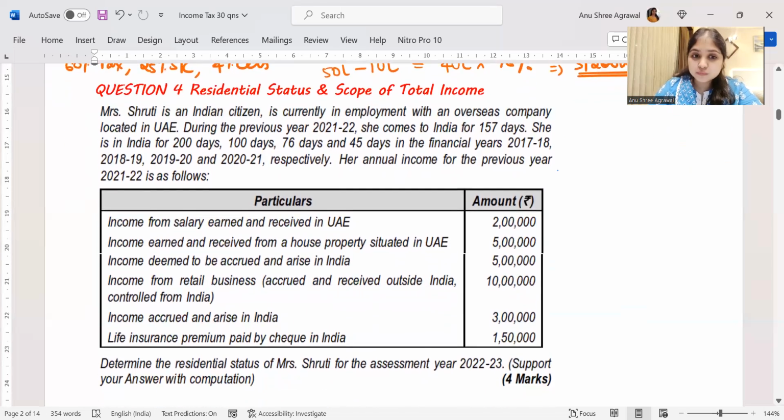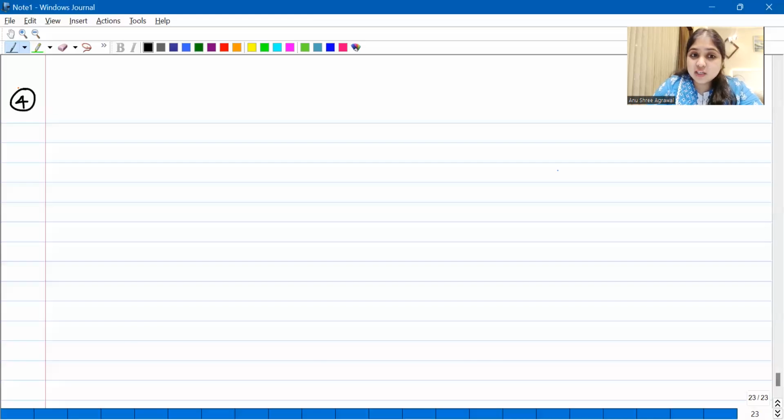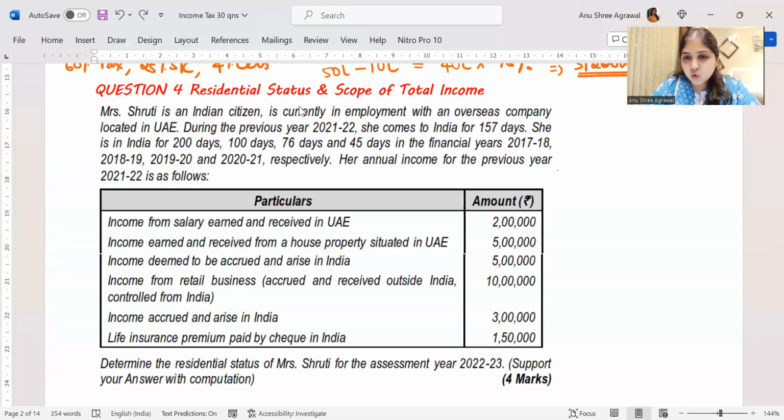Now coming to question number 4. Question number 4 is going to be a very important question for you. Through question number 4, you will end up revising residential status and a little bit about scope of total income. Okay, so come on, have a look at the question number 4. See, this is a residential status question, and I am not sure whether all of you over here who are watching the session have seen my residential status videos and all. I'm not sure. So I'm going to be following my method for residential status over here. Your method for residential status may be different from my method. It is fine. At the end of the day, your answer and my answer should be the same. I just follow a slightly different method for residential status.